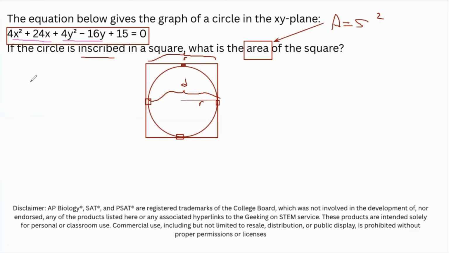Remember what the formula of a circle is. I want to preface this by saying, if I had a formula of a circle, I'm going to put that here. This will not be on your formula sheet. You will be expected to memorize this. This is one of those, hey, you should know this by heart. And a lot of times students think that they could plug this into Desmos and somehow figure out the sides, which is great, but there is a tendency for these problems to not be able to utilize Desmos